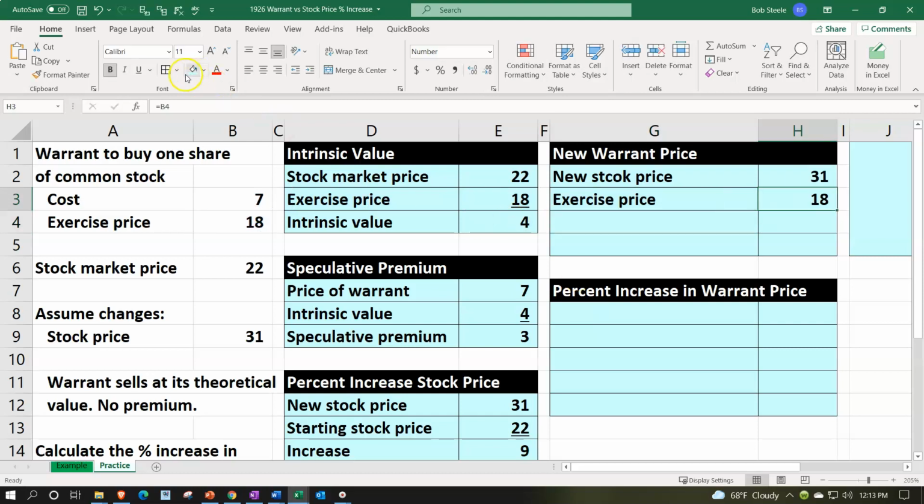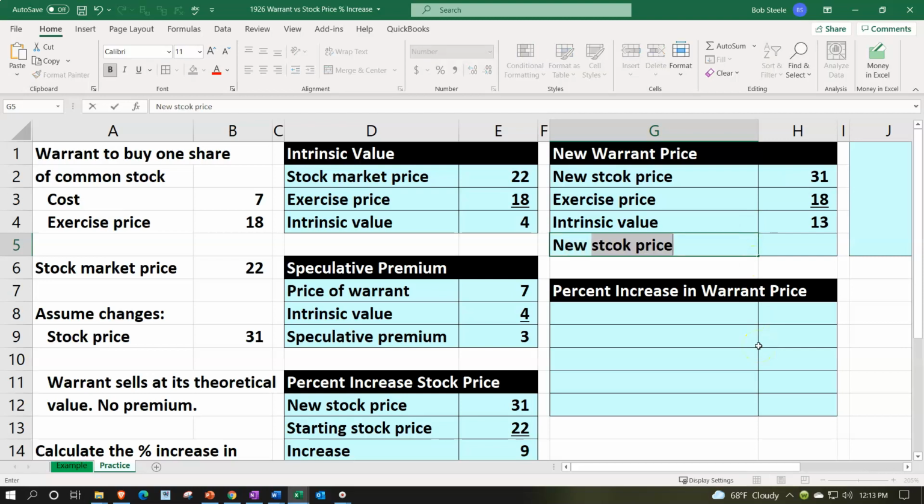Underlining that, we're going to go to the font group and underline. That's going to give us our intrinsic value. Intrinsic value is going to be equal to the 31 minus 18. So it went up by 13 on the intrinsic value, meaning if we had the warrant at this point in time, we could basically exercise it for $18, and the stock price is at 31, so we'd have a benefit of the $13 for the new